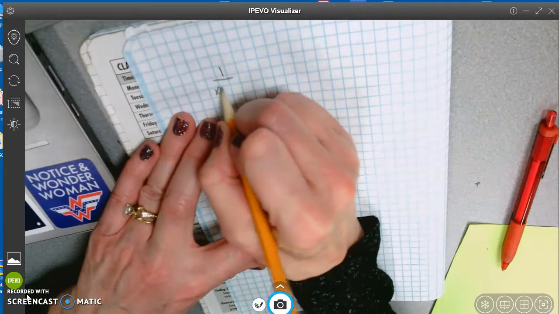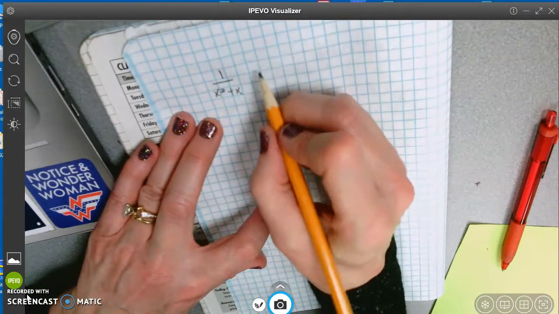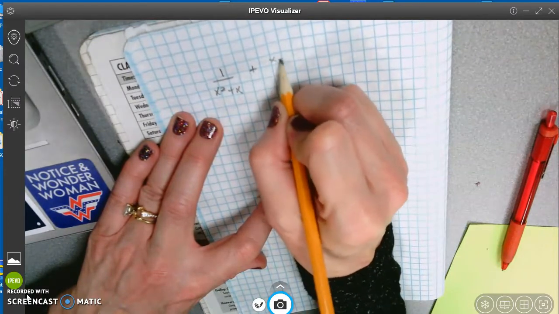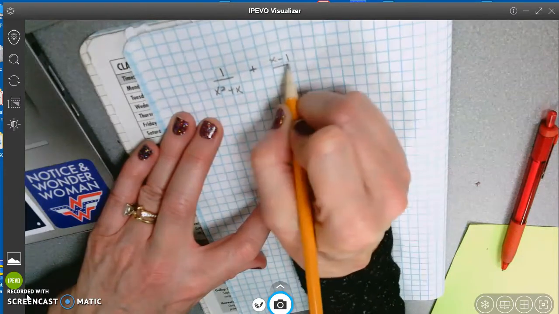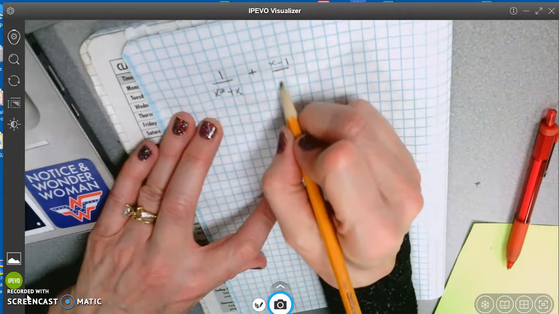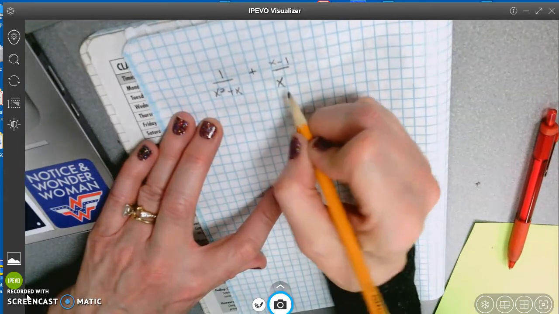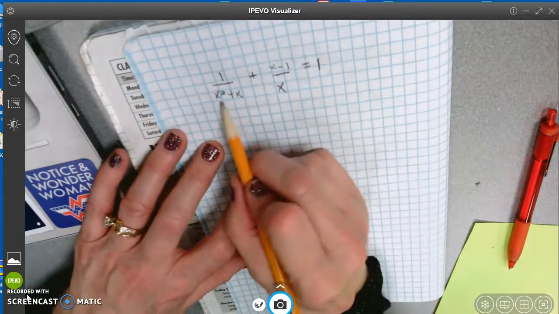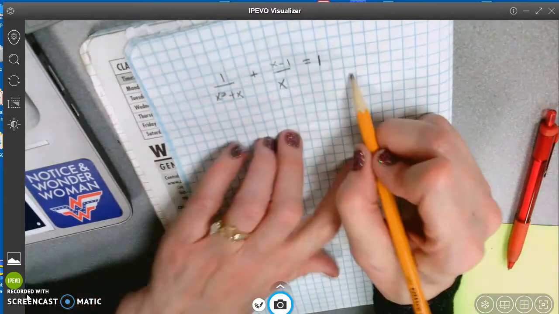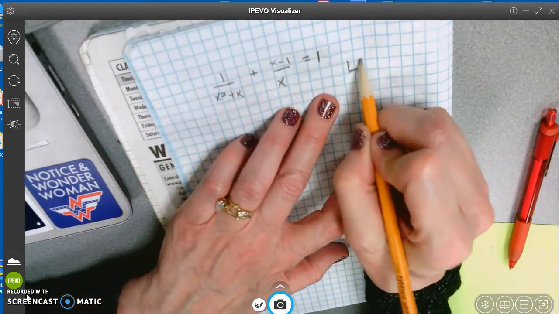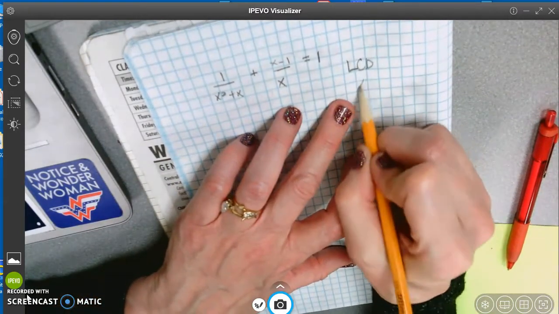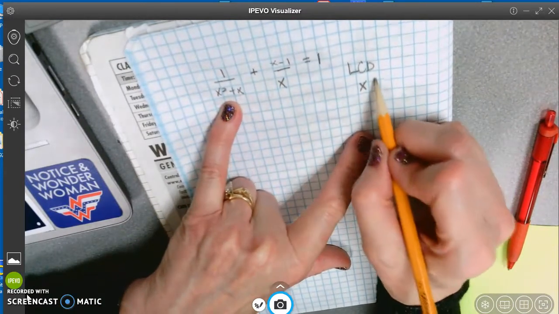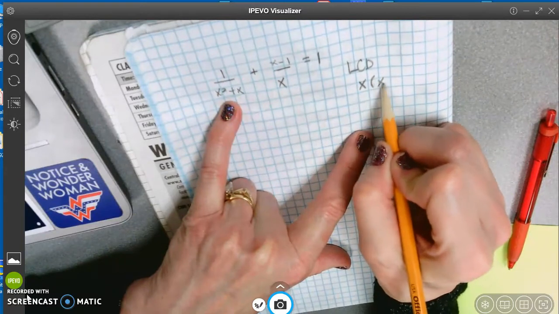1 over x squared plus x. That's a little messy. I'm probably going to have to factor that. Plus x minus 1 all over x equals 1. Okay, so this is a little messy for me. So I'm going to factor it off to the side here because I'm imagining, since it's so many terms, that if I factor out an x,